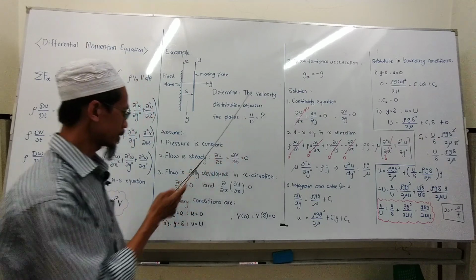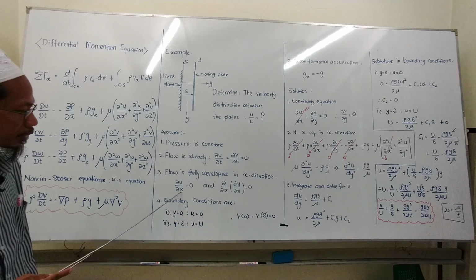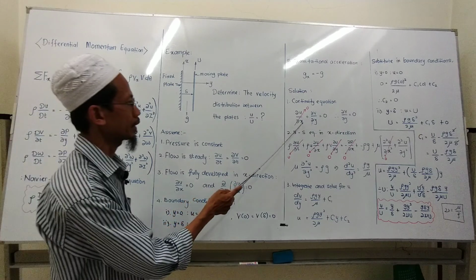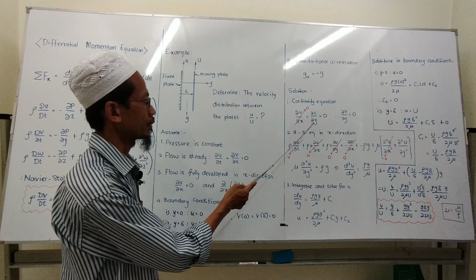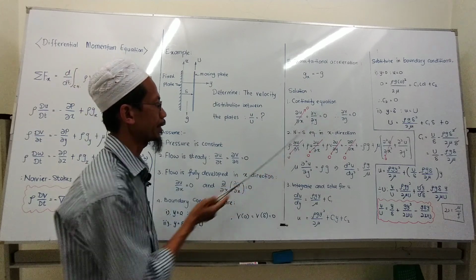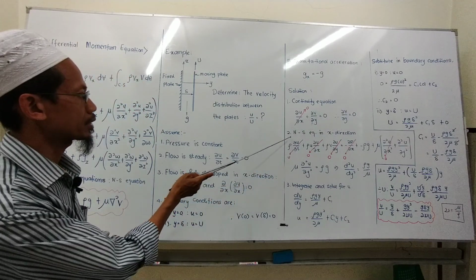So you apply ∂u/∂x = 0, and you get ∂v/∂y = 0. And then second, we apply